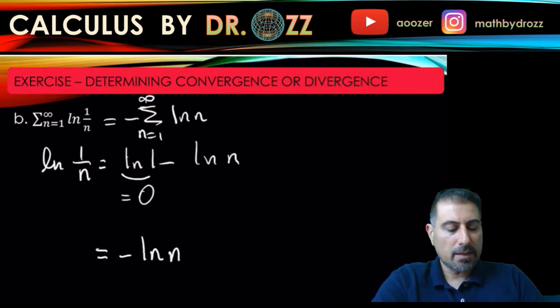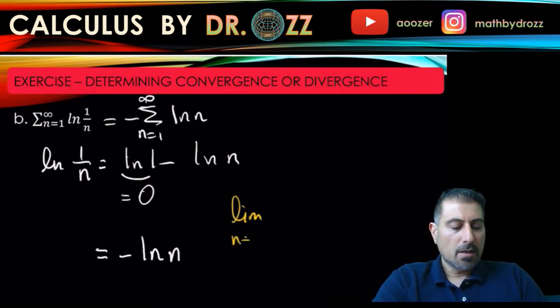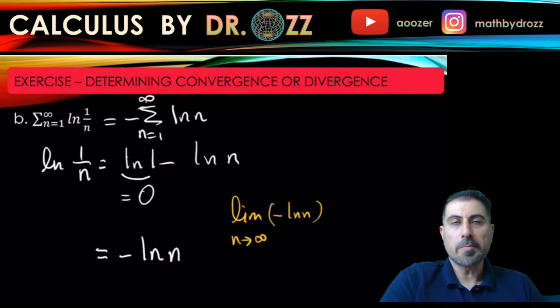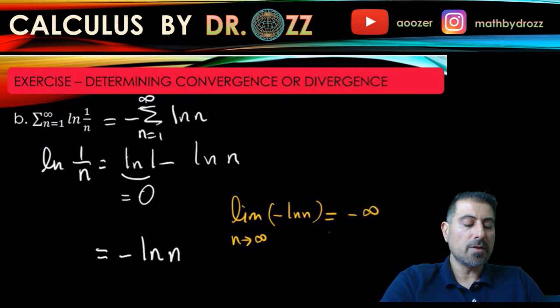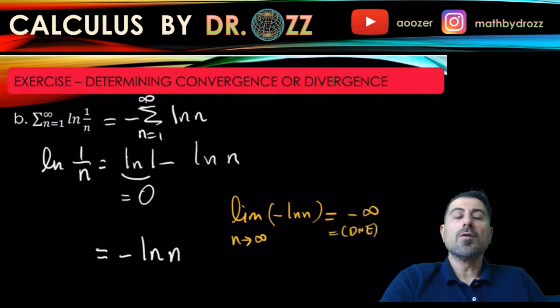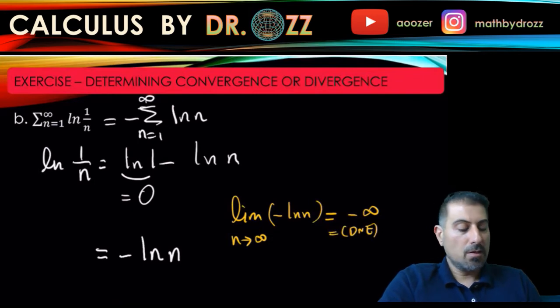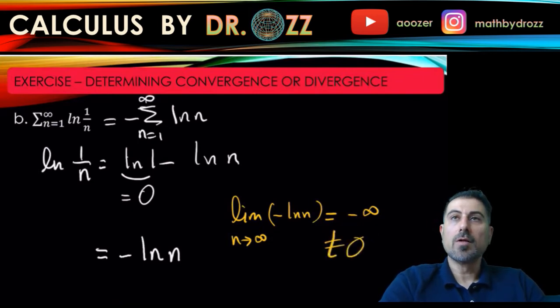So let's look at the limit of the nth term, which is minus ln n. You don't need to put the minus sign, but this limit is in fact minus infinity, or in other words, it just doesn't exist. Either way, you have this limit not equal to 0, so by the nth term test,